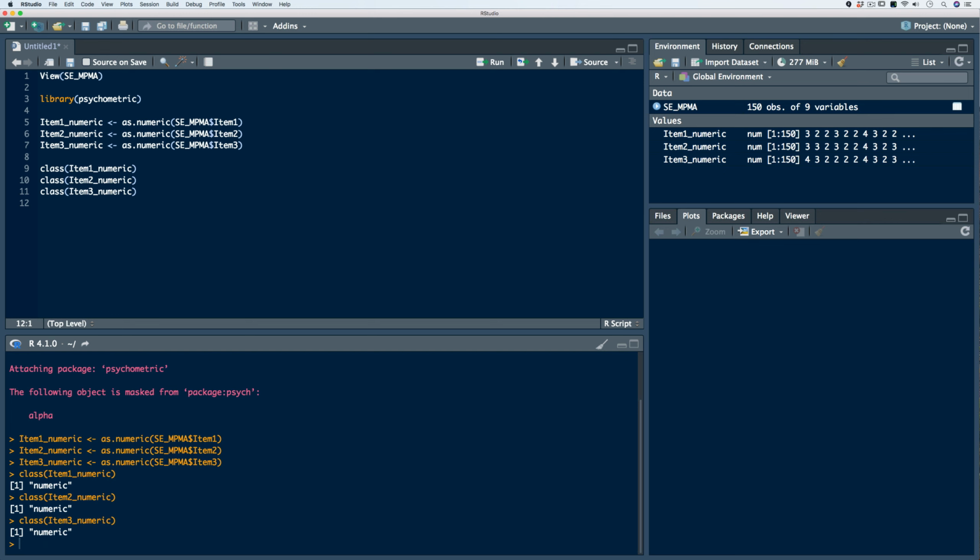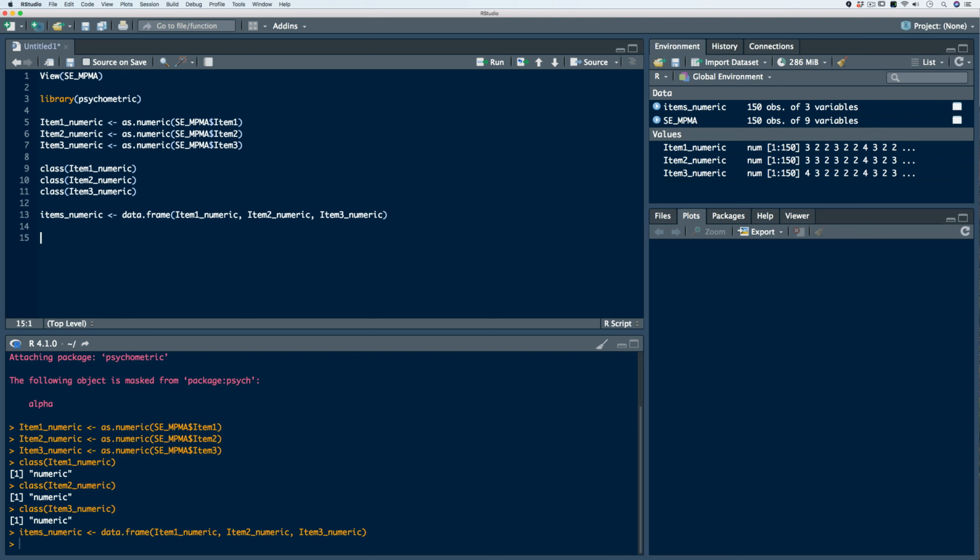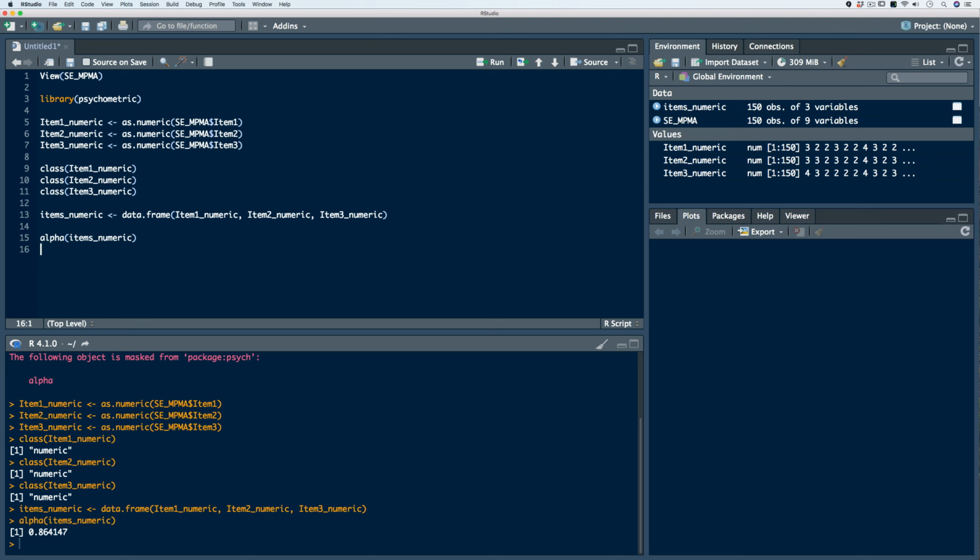Now, the next thing we want to do is take our numeric variables and store them into a new data frame. Let's call the data frame items numeric. We'll use the data frame function, and then we'll pass in each of the new vectors. Now that we have our data frame, we can use the alpha function from the psychometric package. So we see here that we have a Cronbach's alpha of 0.86, which is considered a good value, particularly for